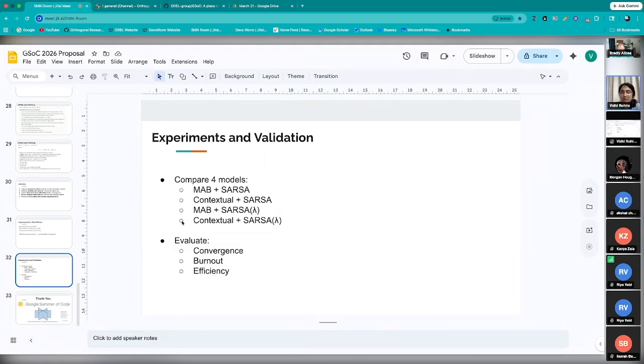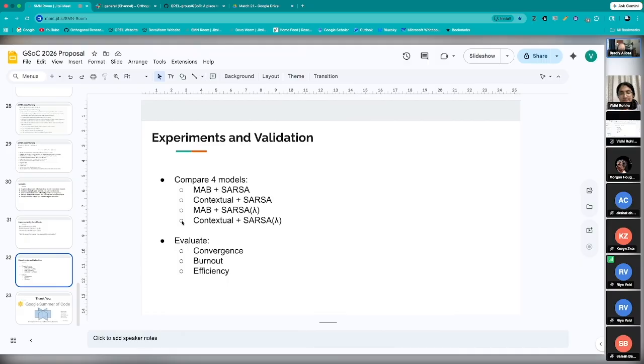Convergence tells us, like if you remember last year when I did the project, the agents were unclassified. They used to remain unclassified depending on the number of times I kept running the simulation again and again. So there used to be some edge cases where the agents were still remaining unclassified. Now they can get classified sooner, and we can have the convergence of the correct labeling or correct classification, whether it's a knowledge curator or an innovator or something, as well as them being assigned the correct tasks as early as possible. So that's why convergence.